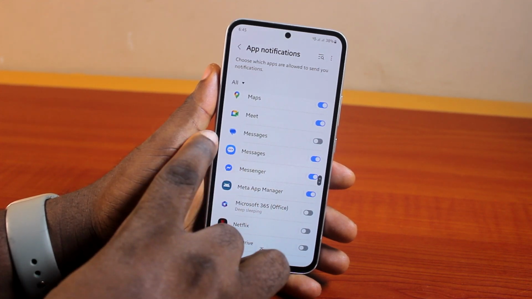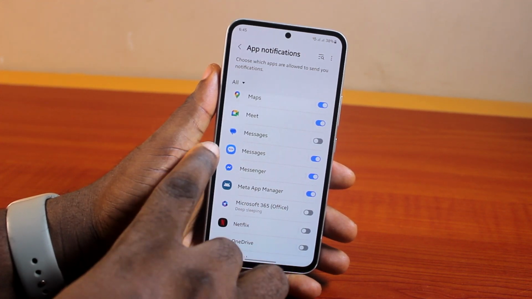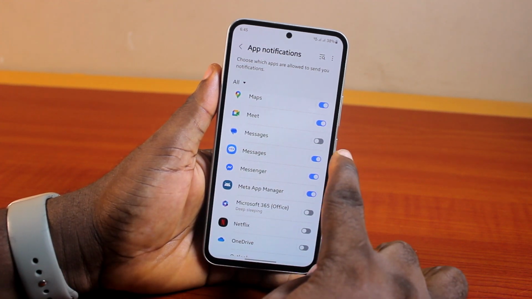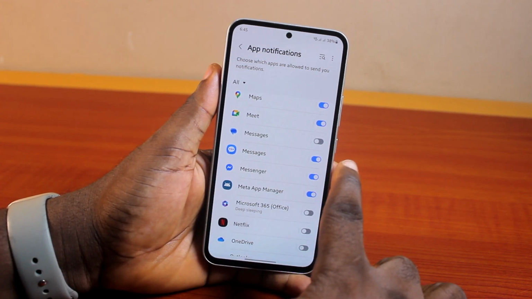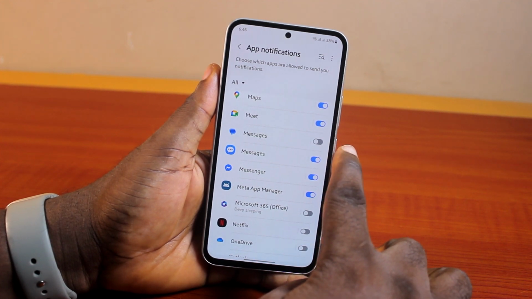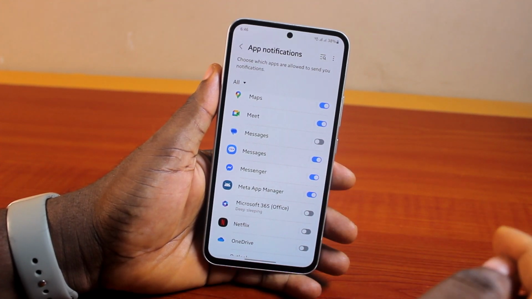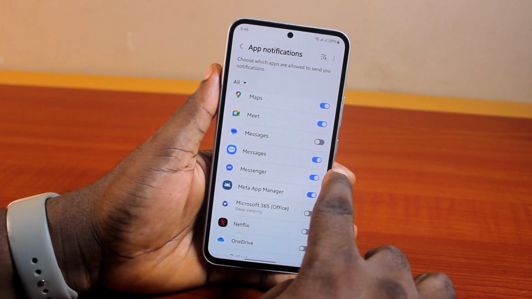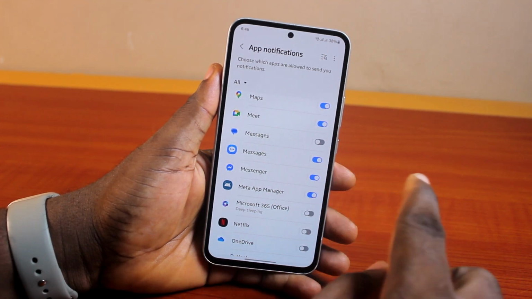So in this case, we have both the Google Messages app and the Samsung Messages app. As you can see, I have the Google Messages app toggled off and the Samsung Messages app toggled on. The reason why I did this is because I'm using the Google Messages app as my default messages app on my Samsung Galaxy device. And if you're using Samsung Messages, it is possible that you toggled off the Samsung Messages